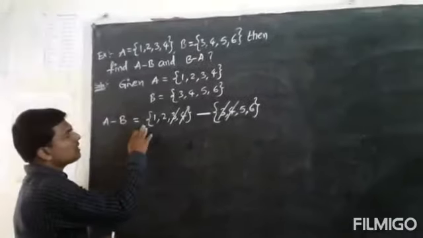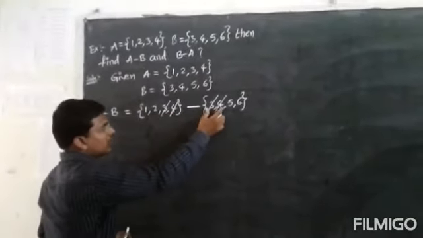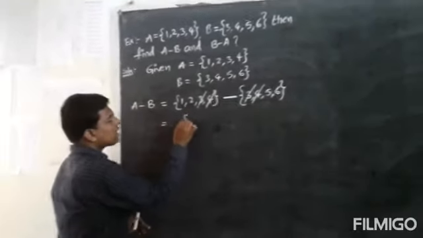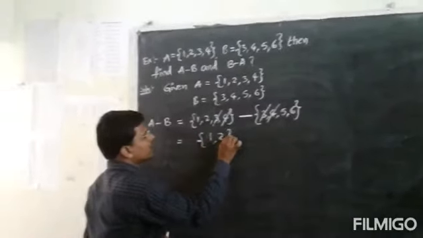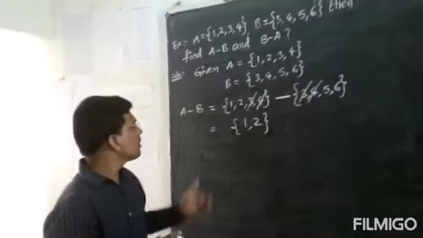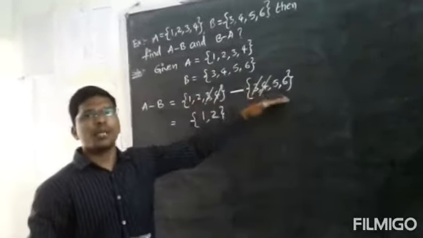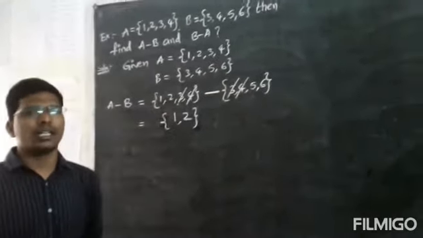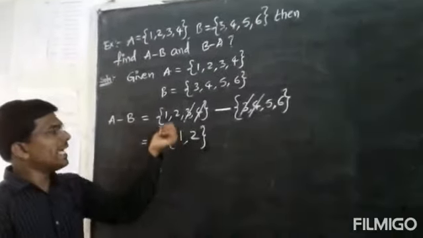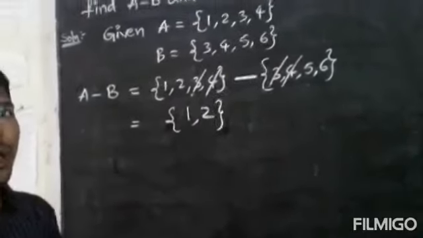Okay. So A minus B is equal to {1, 2, 3, 4}. 3, 4 are both common elements in set A and set B. Then cut the common elements here, 3 and 4, and just write what are the elements left in the set A. That's it. No need to write the elements in set B. What is the definition? The difference A minus B is a set which belongs to the set A and which does not belong to the B. We have also written the set builder form. You can see that. So A minus B is equal to the elements that are left in the set A. So A minus B is equal to {1, 2}.